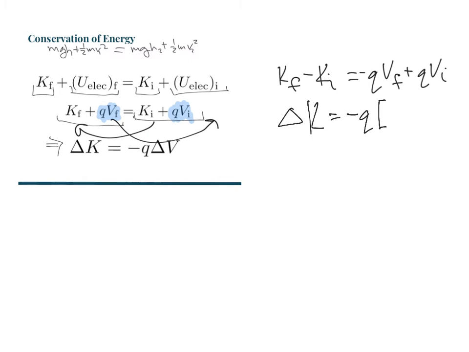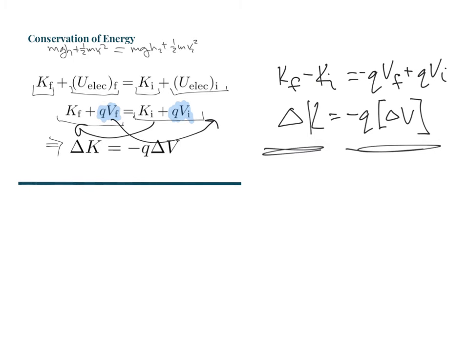VF minus VI, which is change in V. So your change in kinetic energy is negative the change in potential, which is consistent with what we should know about conservation of energy from AP Physics 1. So if we want to calculate a change in potential based on the initial speeds and final speeds of a particle, or if we want to calculate the potential difference based on the way a particle's speed changes, we can